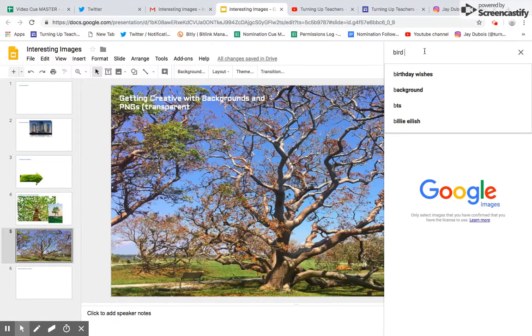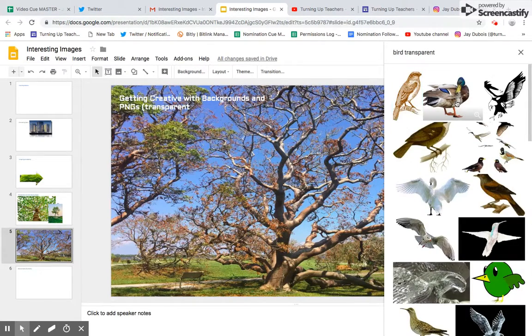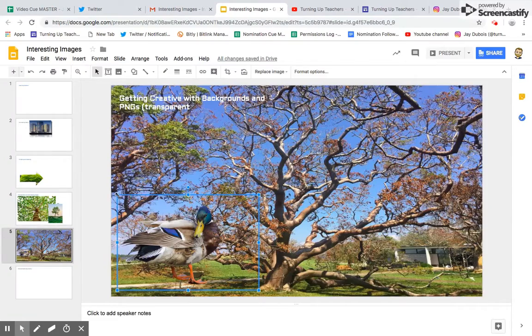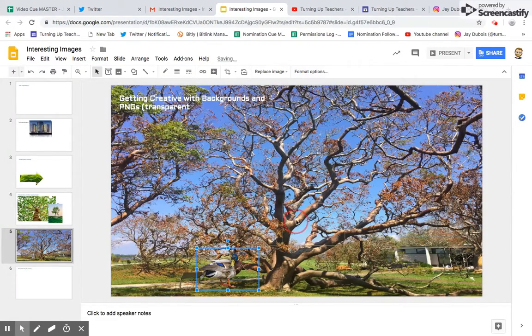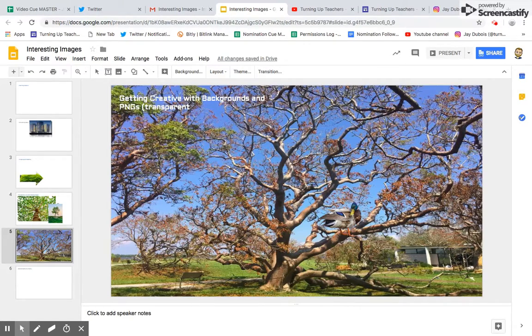I find if I type the word transparent, and it makes sense for the kids too, we get more options back that fit, especially within the Google search. So perhaps I'm going to choose this mallard. Now it should not have a background on it when it comes in. So you can see we just have the bird without the ugly rectangle. I can now add this bird to my tree, and we have something that looks a bit more realistic. We can add some speech bubbles by going to shapes, callouts, and we can start to create some stories. Right? And I can type inside any of those shapes with text, and